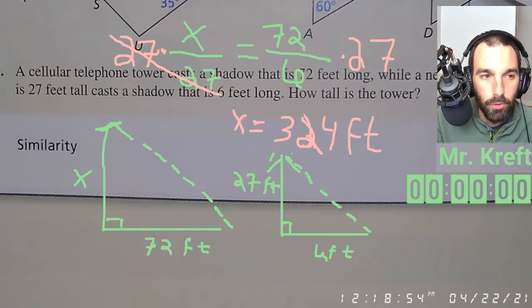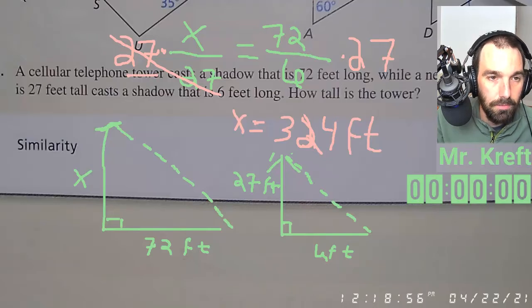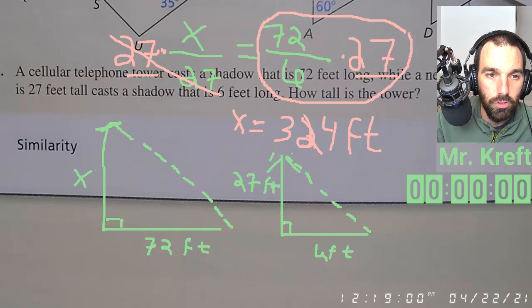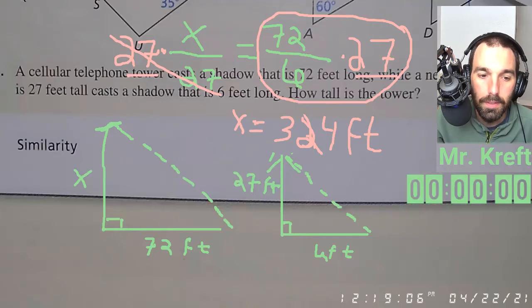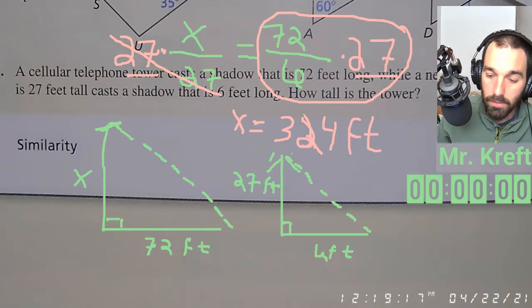Okay, so again, I just multiplied both sides by 27. And in my calculator, I'm typing in what I just circled right there. Okay, does anybody have questions? Okay, well,